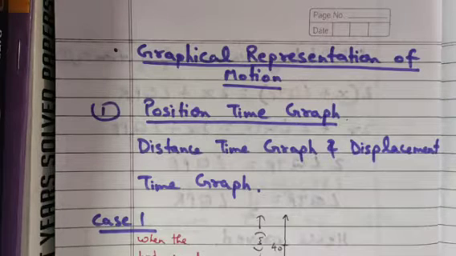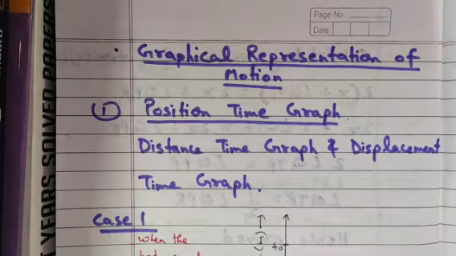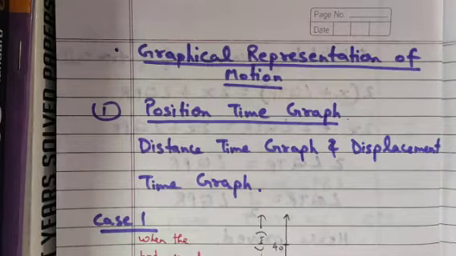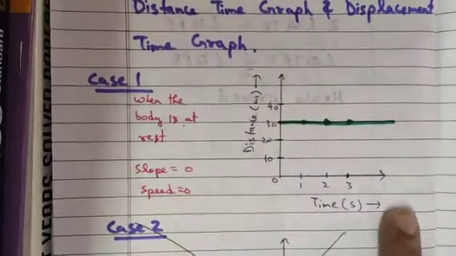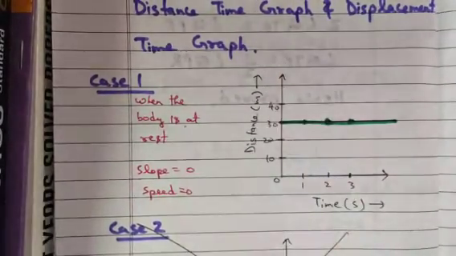Okay, so first of all, what is a graph? A graph is a pictorial representation between two variable quantities. One of the quantities will be a dependent variable and the other will be an independent variable. The independent variable is mostly kept on the x-axis, and the dependent variable will be kept on the y-axis. The x-axis is the horizontal line and the y-axis is the vertical line. For example, here I have kept the time on the x-axis and distance on the y-axis.